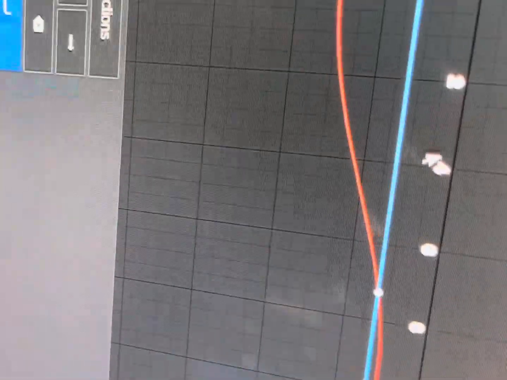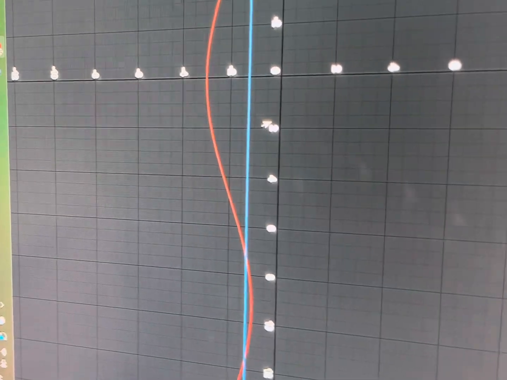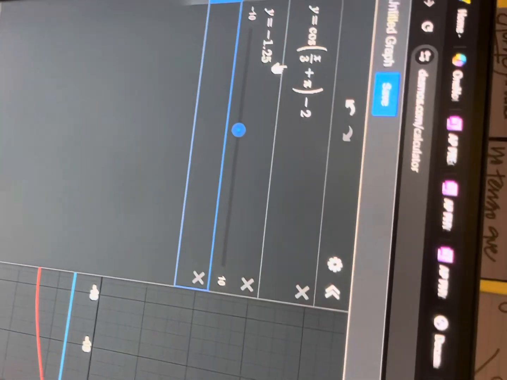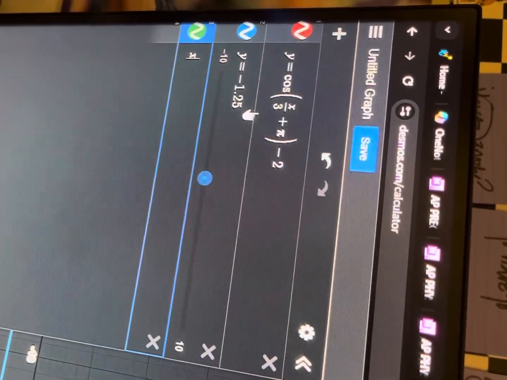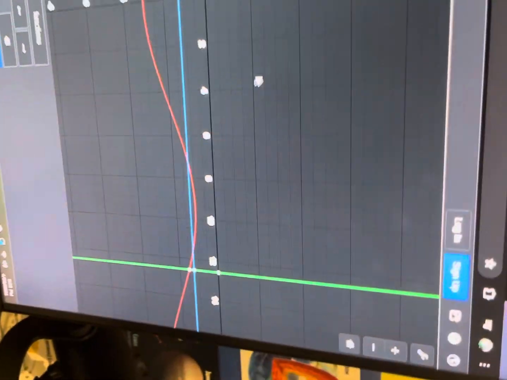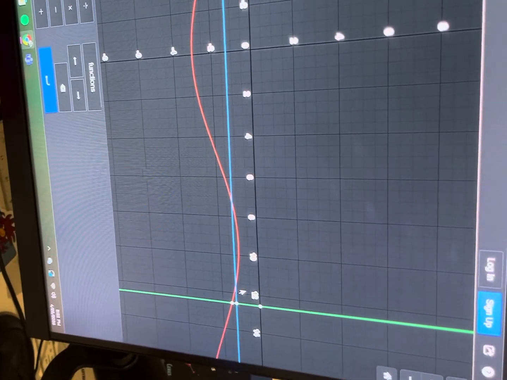So you can see here that if we're not going to use Desmos, but if you're on the AP test, you could go x equals 4 pi, just to make sure, because we're not on the AP test, we shouldn't be given Desmos. I don't know if you're taking the AP test, but